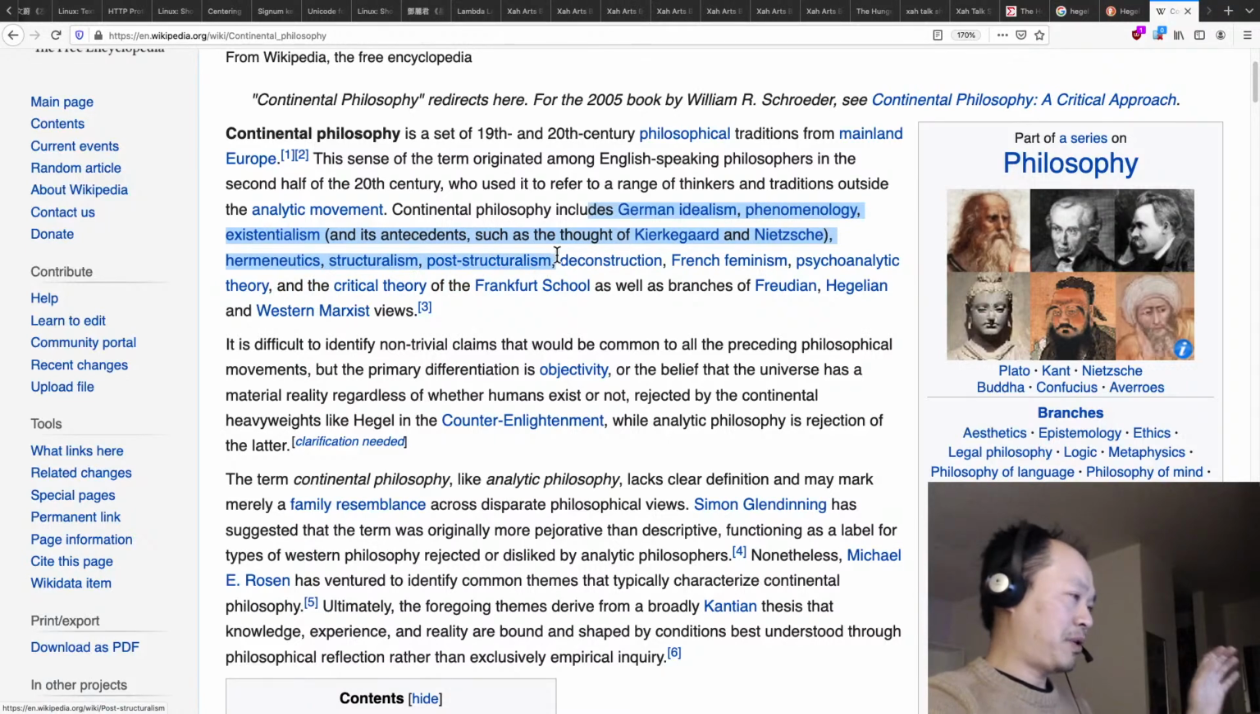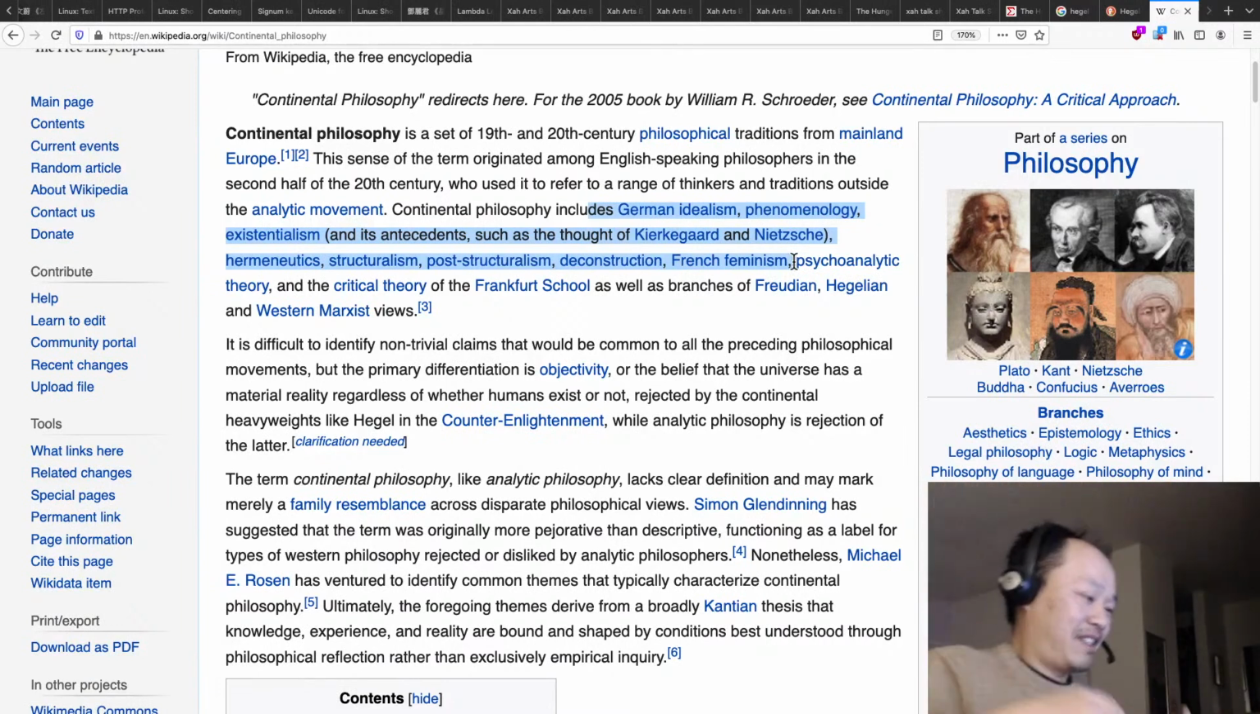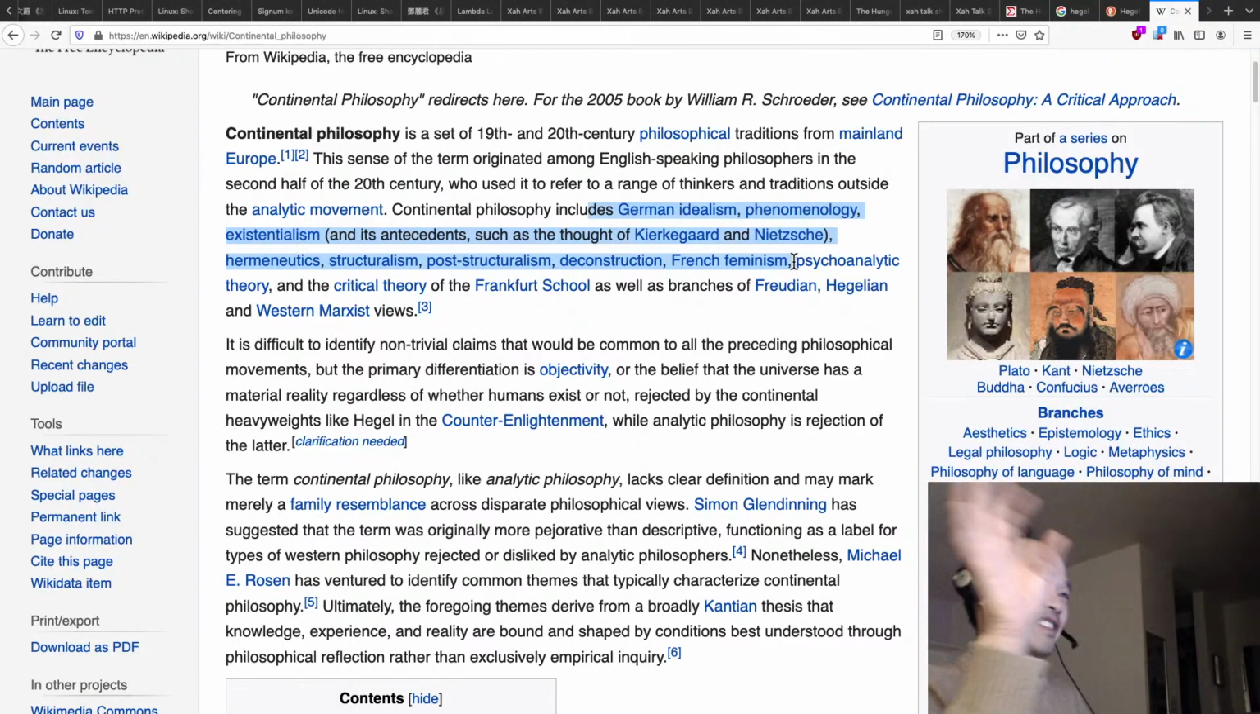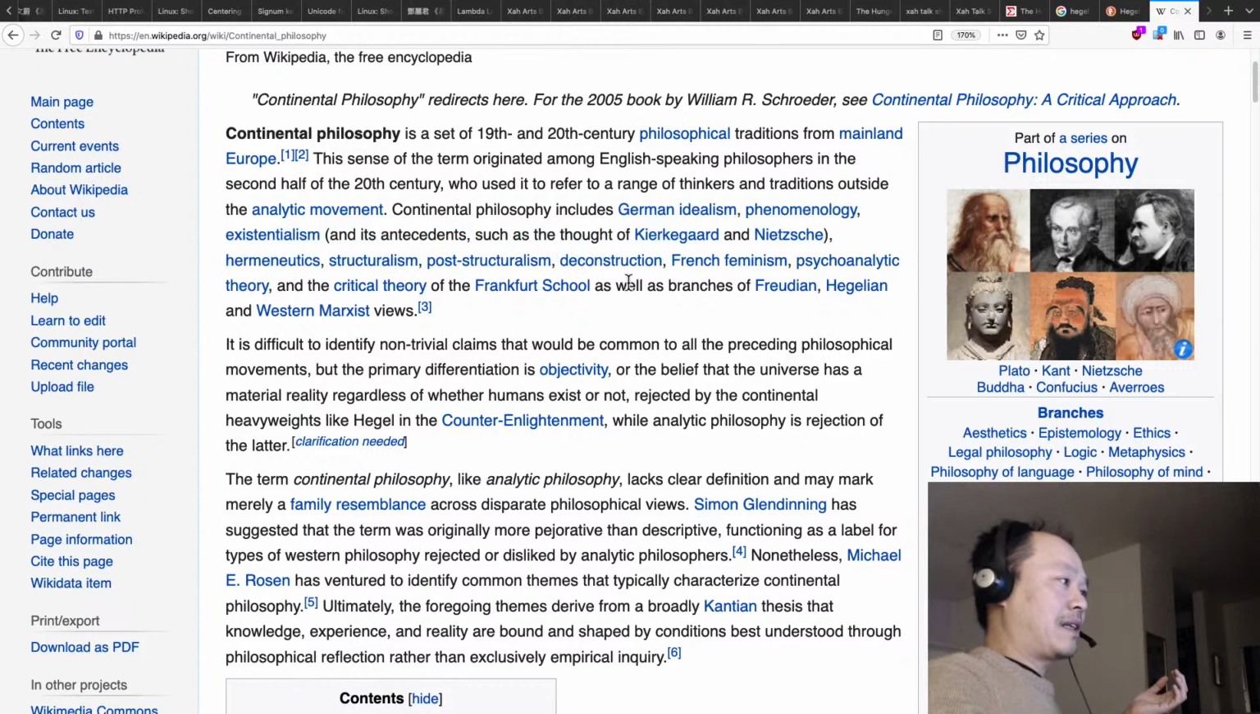Structuralism, then post-structuralism, deconstruction, French feminism. There it is, coming close into today. We have the social justice words now: feminism and psychoanalytic theory and the critical theory. Exactly, critical theory. You hear it all the time. Critical theory, and Freudian, Hegelian, and Western Marxist views. Okay. Anyway,